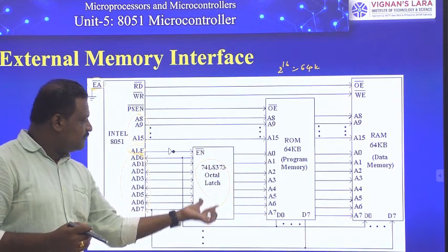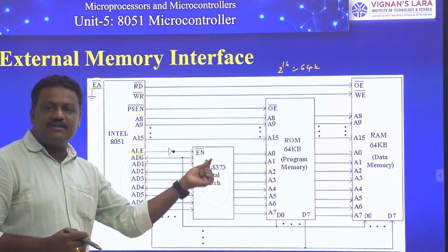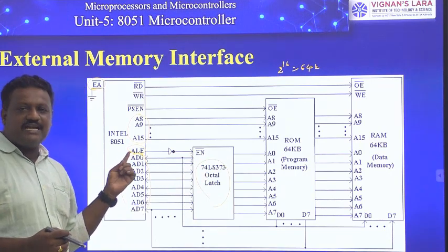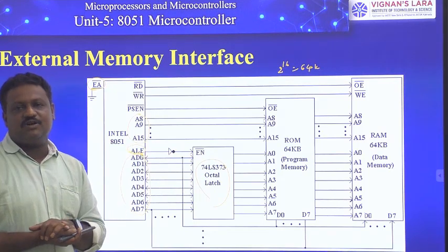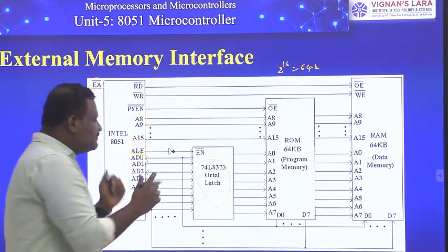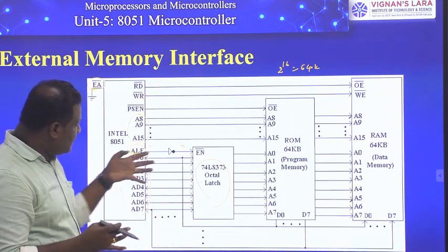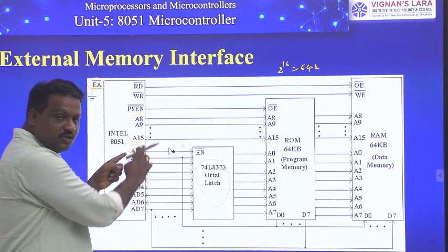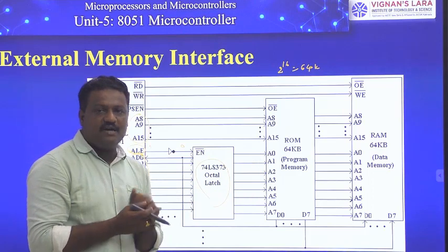So see here, guys, the enable signal for this latch is active low, but the enable signal for the address latch is ALE, which is an active high signal. To convert it into active low, we use this NOT gate. If I make logic 1 here, the output of this NOT gate is 0, then this latch is enabled, and the information present on AD0 to AD7 is simply accepted by this latch and presented at the output.